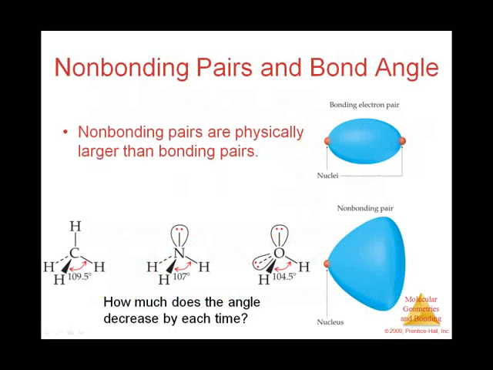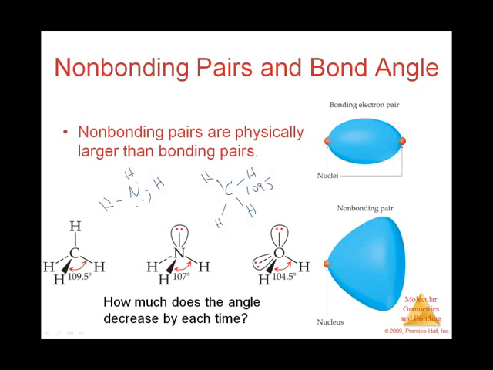Okay, so in this course we need to know about bond angles. So if I have just a perfect tetrahedron, for instance, let's say I have methane or carbon tetrachloride or something like that, these angles are all going to be 109.5, right? Perfectly spaced apart. But if I have something like NH3, where I have a lone pair,